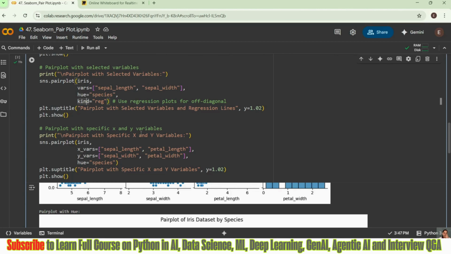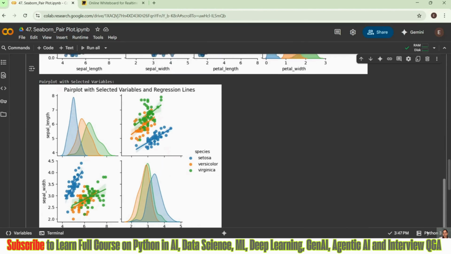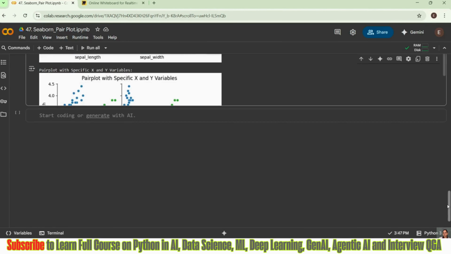Then, if you want to define specific x and y variables, you can do that. So I'm telling my pair plot and iris, and I'm giving a few variables on the x axis side and a few on the y axis side, and here I'm giving spaces. Let us see what we are getting. We'll scroll down.